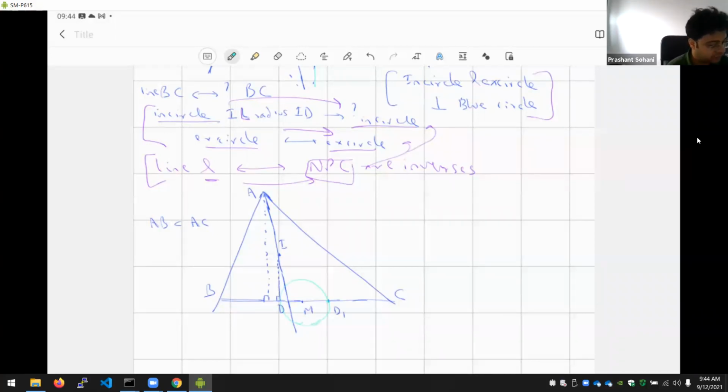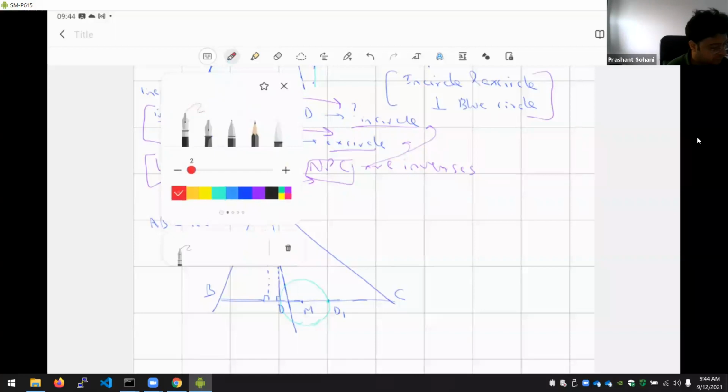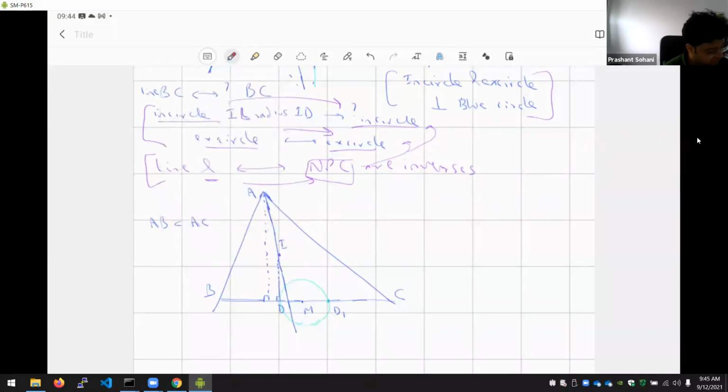And under this circle, we want to show that the 9-point circle becomes the